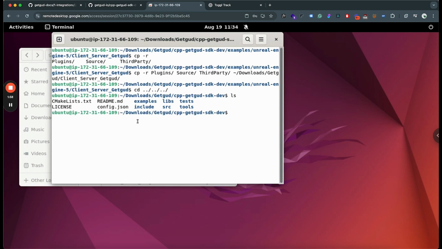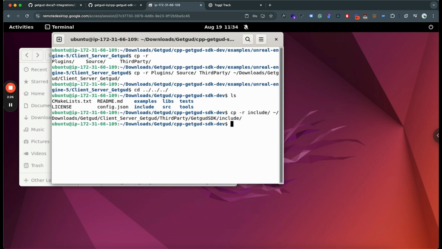To copy include and SRC folders, we'll need to copy them in two places. So first, let's just copy the include. So I'll type cp -r include, and we'll need to bring it into